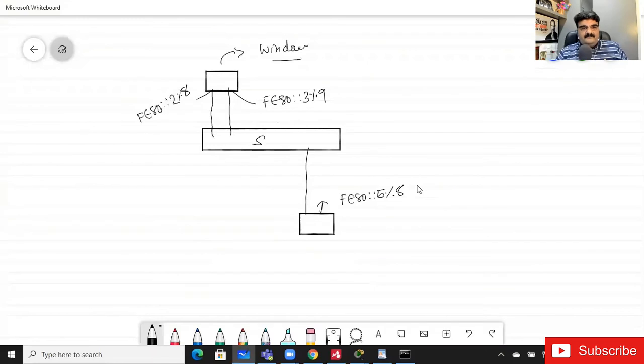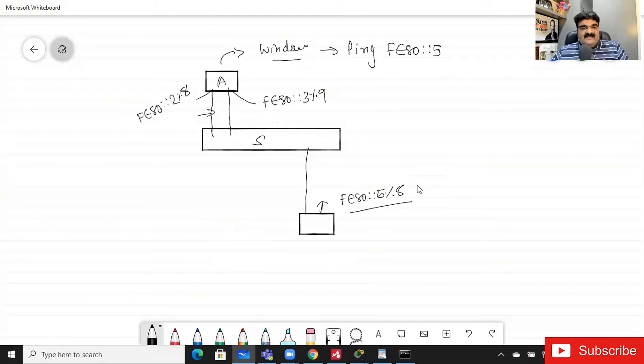Now my question is, if I want to ping this PC, FE80::5. I am in this PC, which I'm going to name A, and I want to ping this PC from this Windows system using this particular NIC.